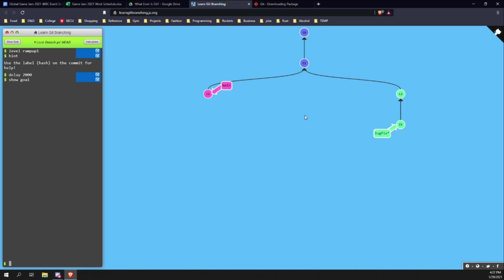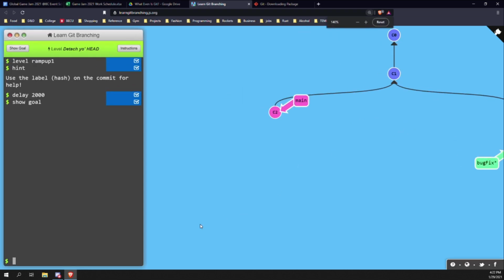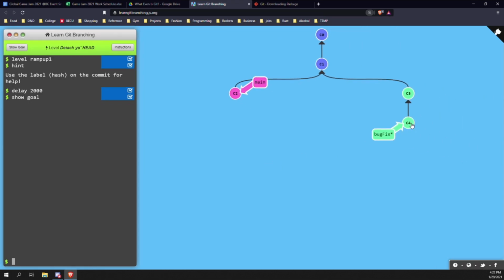I think it's useful for when, say, if you look at what I'm streaming right now, you have this first branch, and then you have these two branching off. Well, what if you wanted to branch the green branch again, but not at the most recent commit, but at the one before? You could detach your head to point at C3 instead of C4. That's really small, I don't know if you can see that. You can detach the head to point at the commit before and then branch.